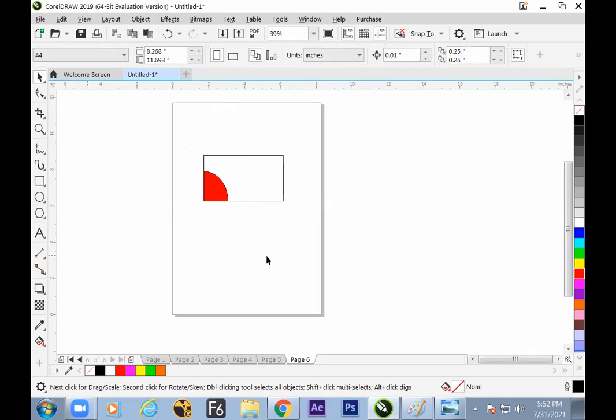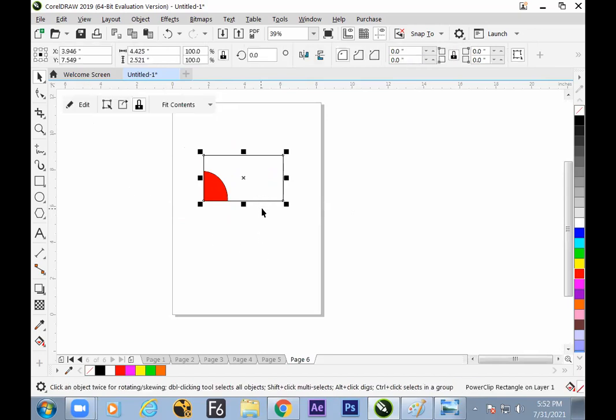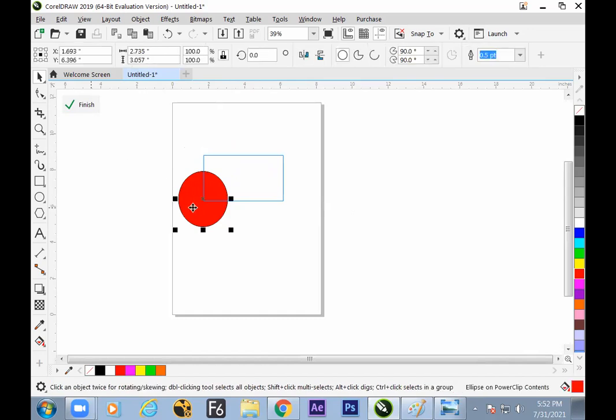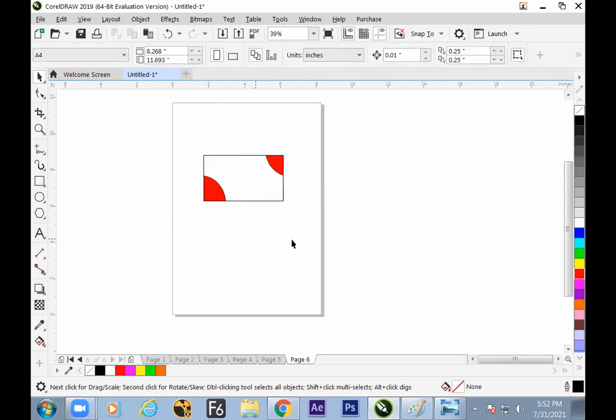So hope we have understood how to make a visiting card with different cuts, and the option is called power clip. Edit it. It's not only the position we are moving; we can make it duplicate and move it up. Go for finish.